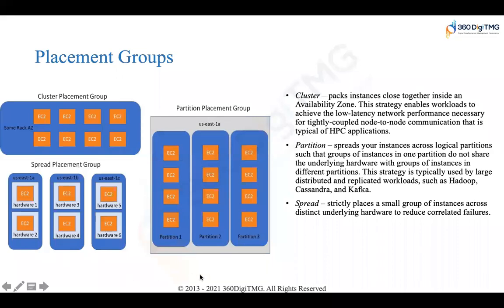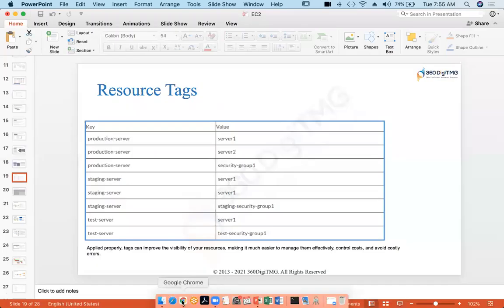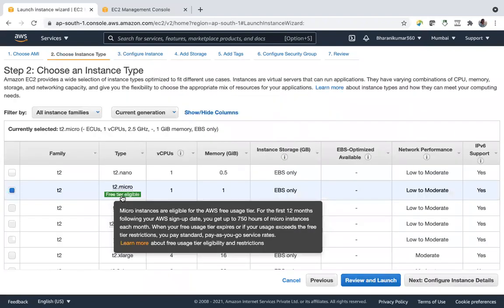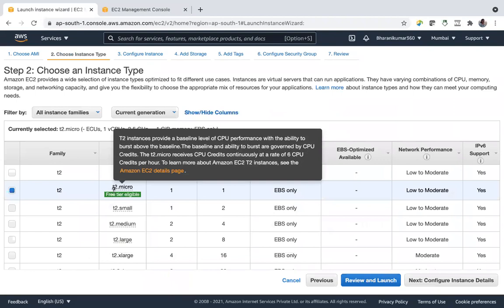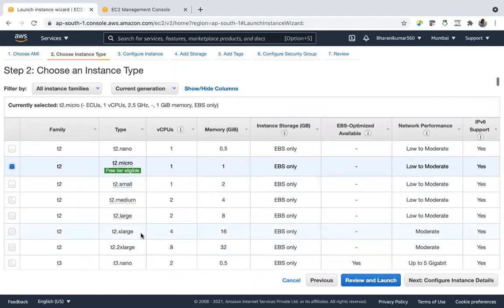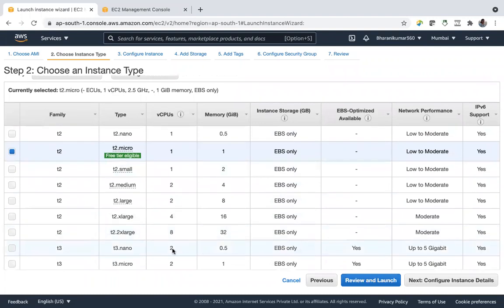If you go and check instance type, step 2, right? Suppose I am launching T2.micro and my network performance for T2.micro is low to moderate. Whereas if I go to T2.xl, I'll get moderate network performance from AWS side. And if I launch T3.nano, up to 5 gigabits.